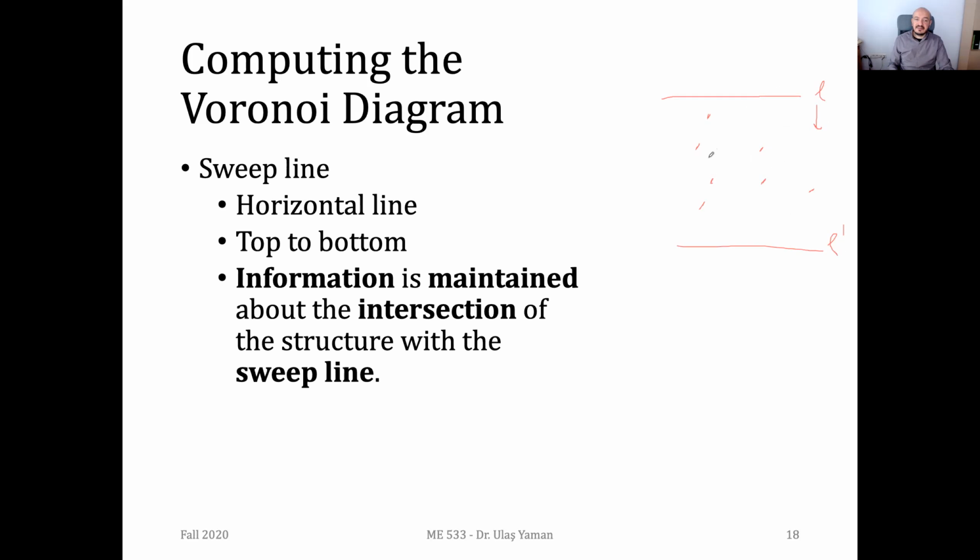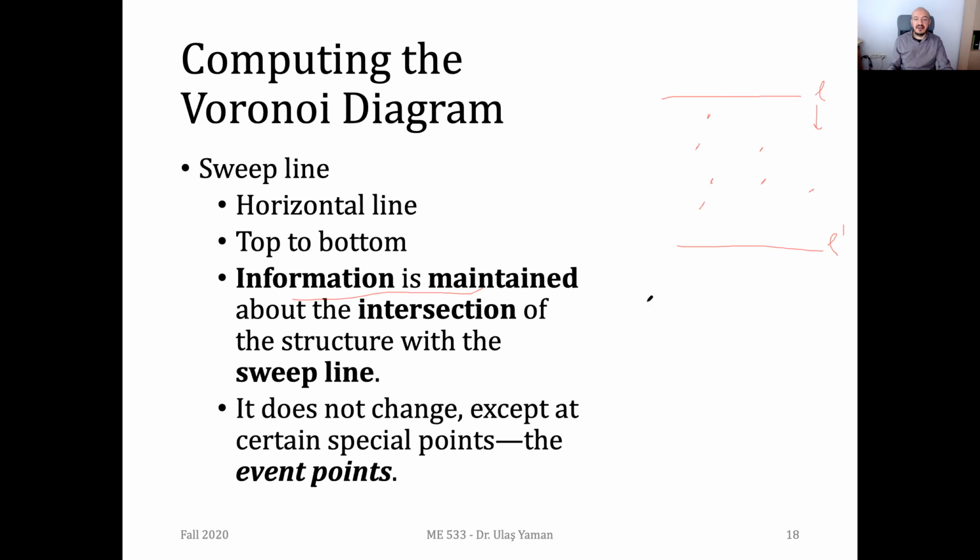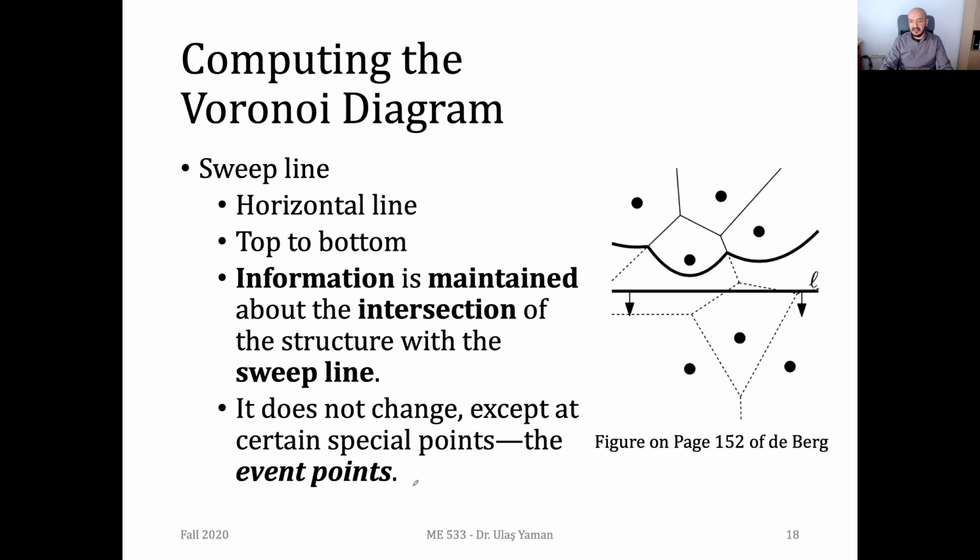The thing is that while we are moving this sweeping line downwards, we should always keep this information up to date about the Voronoi diagram, as we have done in the previous sweep line algorithms. But obviously, similar to the previous ones, at some point of this movement, we will stop and do some computations, and you know that these points are simply called event points. And here you see an example. Our sweep line started from here, from the top. While it moves downwards,